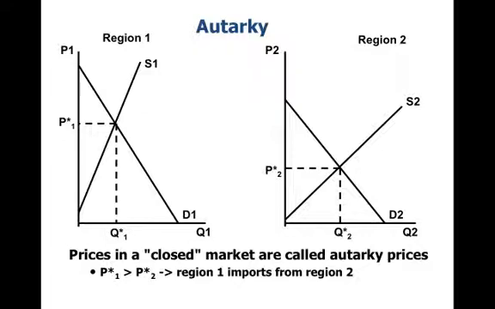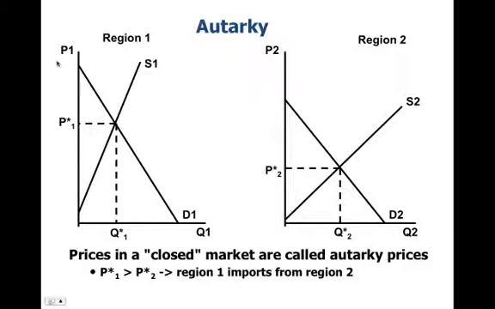Now this diagram tells us a lot. For instance, it tells us that if region 2's autarky price prevailed in region 1 and 2, it's clear that there would be an equilibrium in region 2, right? If this were the price that were relevant in both markets, there would be an equilibrium in region 2. But if we map that price across to region 1, what we see is that demand in region 1 would exceed supply in region 1, and we'd have a case of excess demand, and region 1 would not be in an equilibrium. So we know that the price that would prevail with trade wouldn't necessarily be P2.